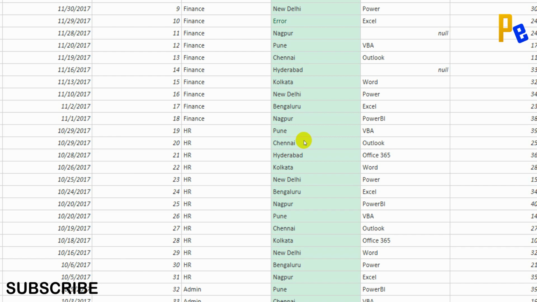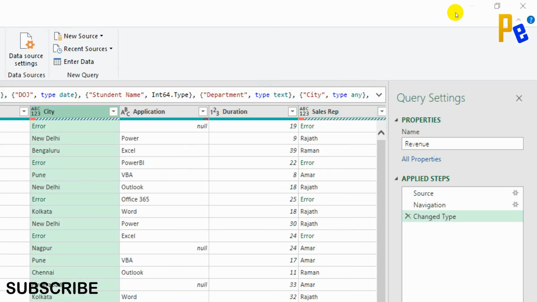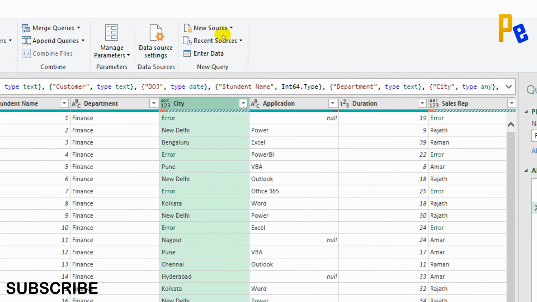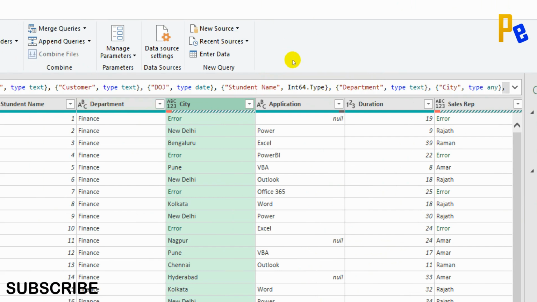There is another way to understand the quality of the column. Currently the data is only 500 rows in this Excel file from where we took the data. In case of errors, the Power Query editor is showing an error, but in case of blanks, it may not show the way you want to see. Current data contains the blanks on the top of the data, that is why you are able to see. Suppose you are dealing with larger data where 1 million rows are there and the blanks are coming in between, you will not be able to see that.